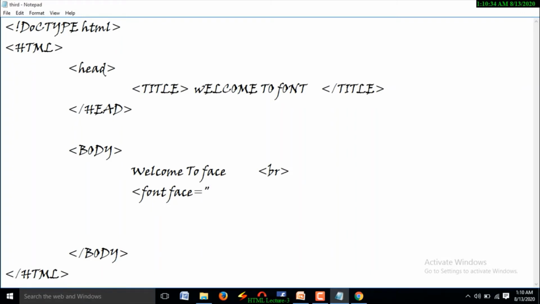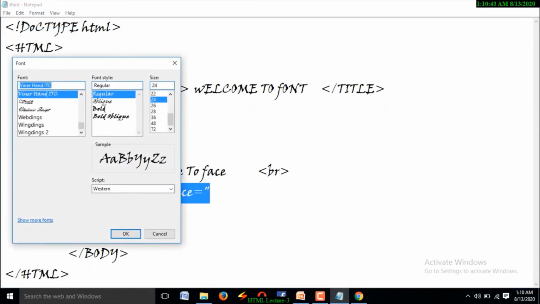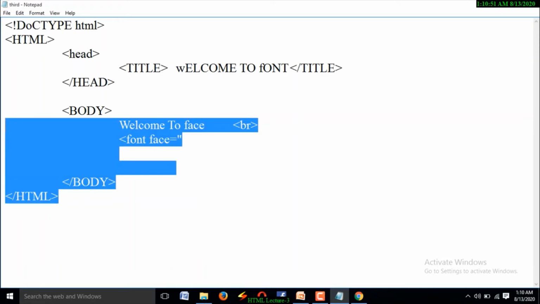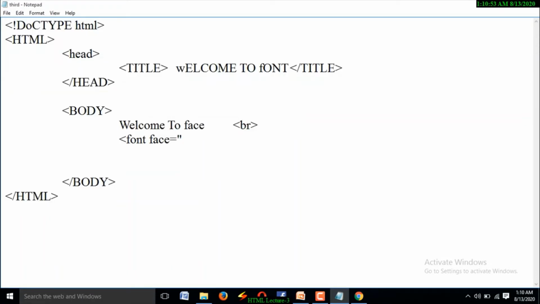Oh, it applied to the entire document, right? Font Times New Roman, right? Original one is what? Times New Roman. What do I need to use?